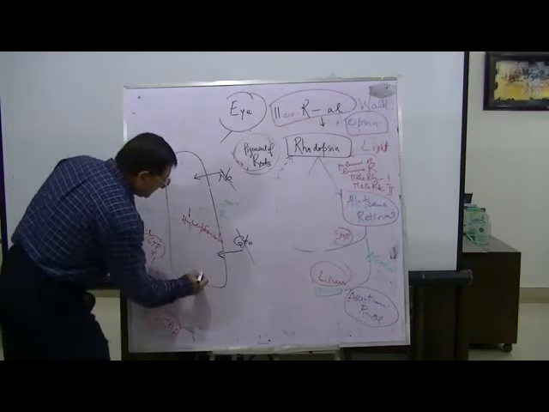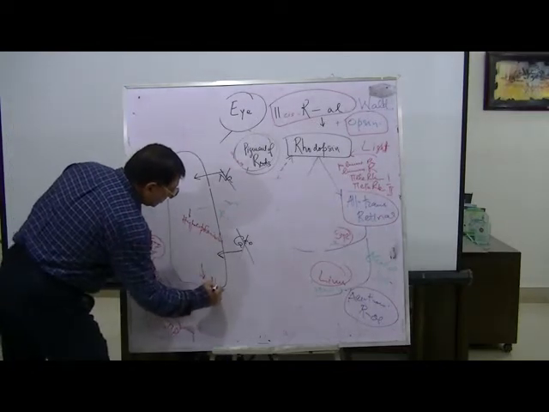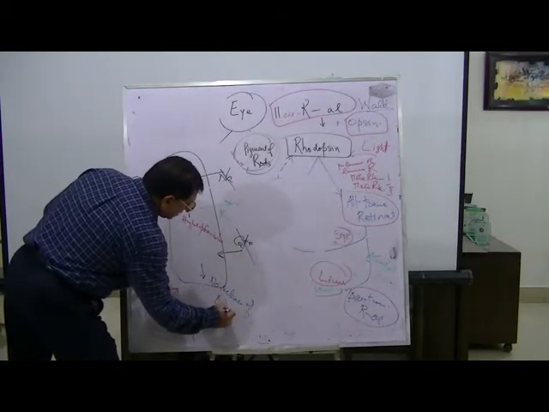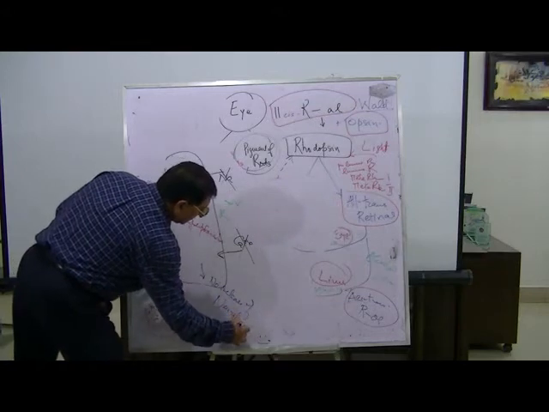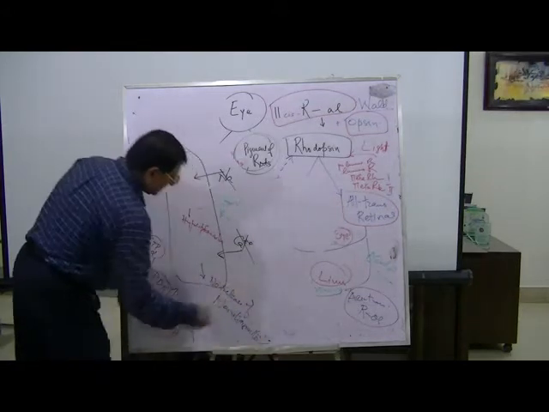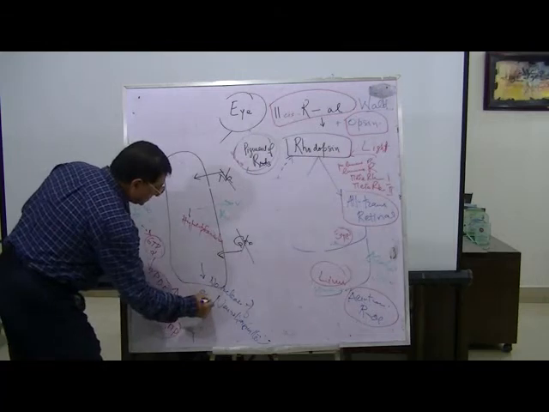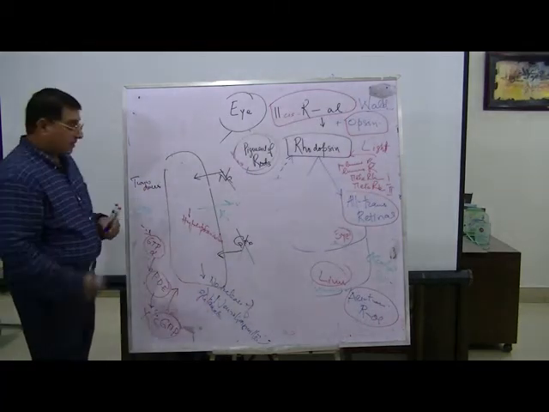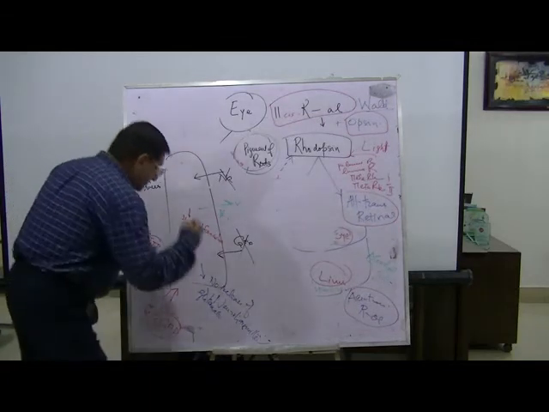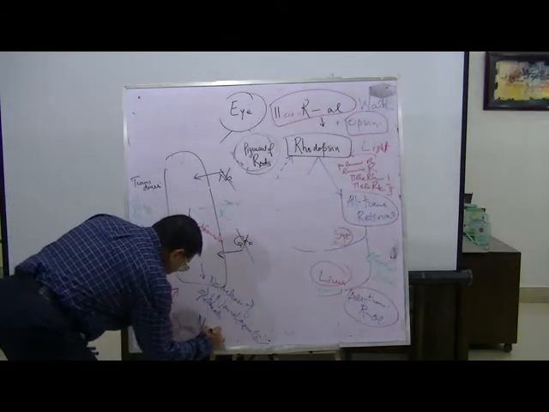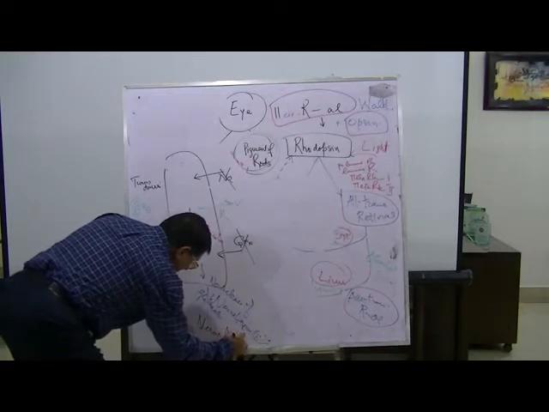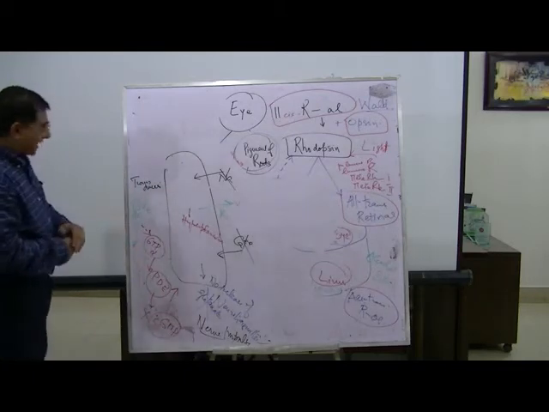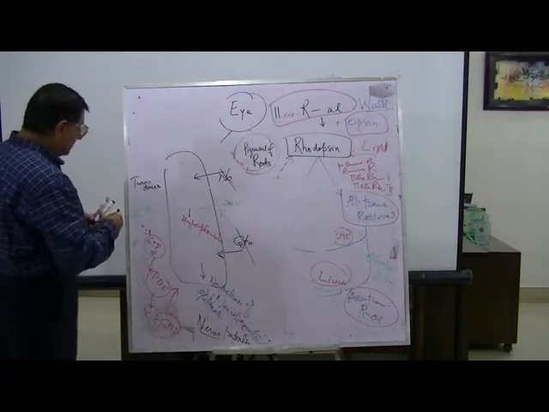When there is blockage, there will be no release of neurotransmitter, that is glutamate. Glutamate release is blocked, and so there is generation of nerve impulse. This is how the rods will act, because it is the meta-rhodopsin